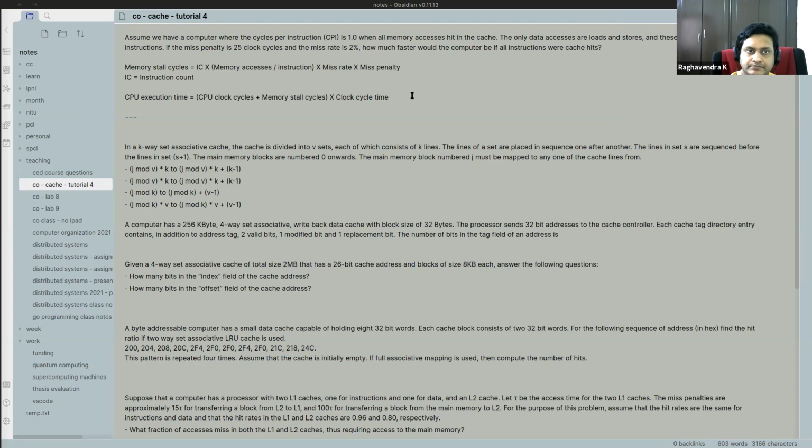Yeah. So can you try to do this problem? If you are considering a cache, you have to consider that the number of memory accesses per instruction is one plus whatever it is, because even for the instruction you would access the cache. Just start trying it out. Take a pen and paper. Start trying it out. If you are stuck, I will help you.